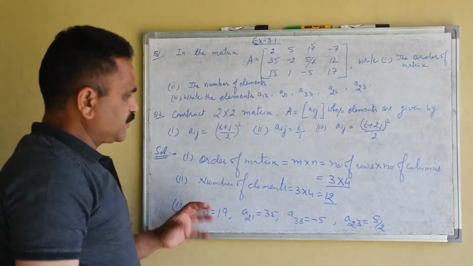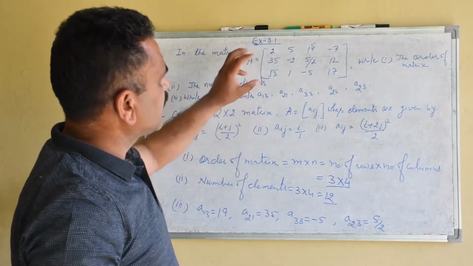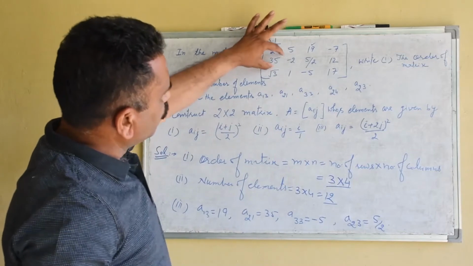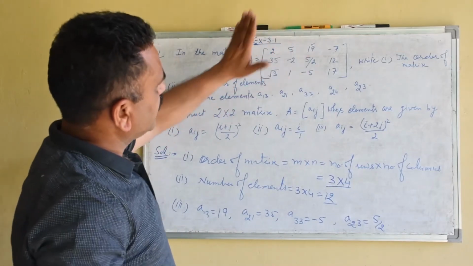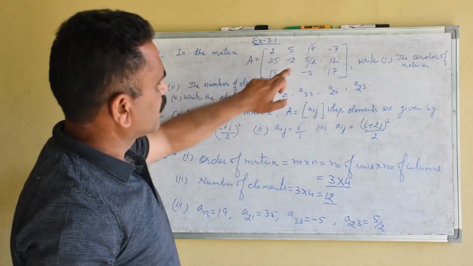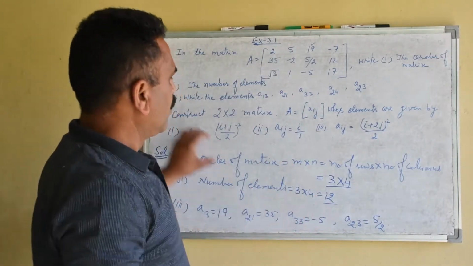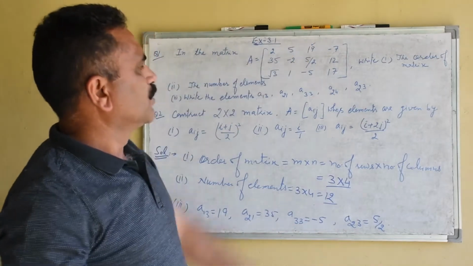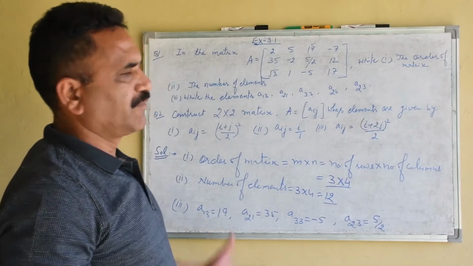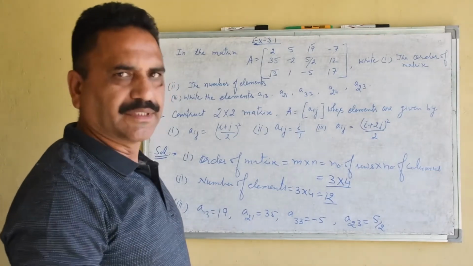So in this way, we can write the elements at different positions. We must know the position. Position means which row the element is in and which column it is in; from the row and column of an element we find the element. And number of rows into number of columns is known as the order of the matrix, and when we multiply, we get the total number of elements.